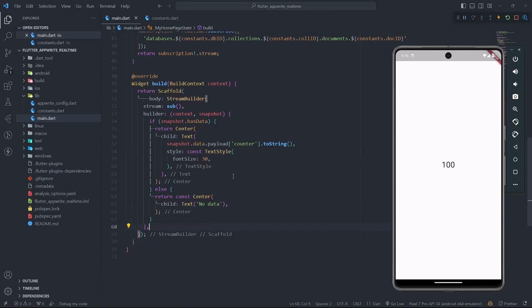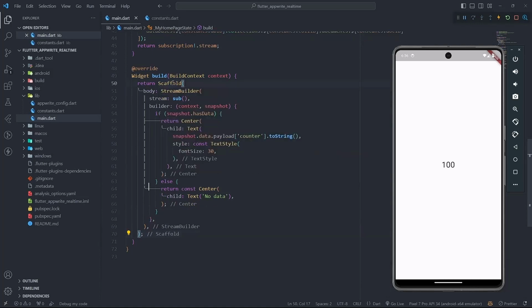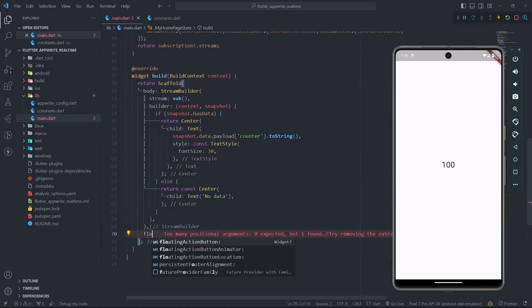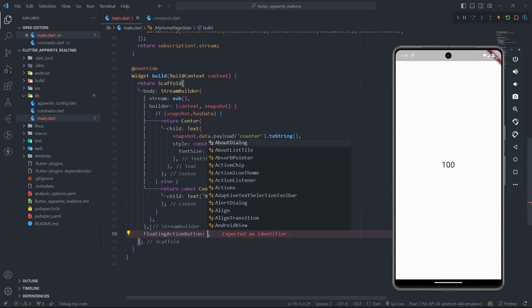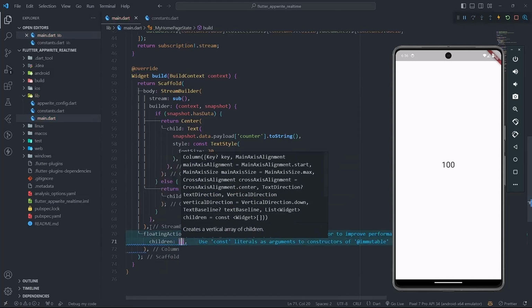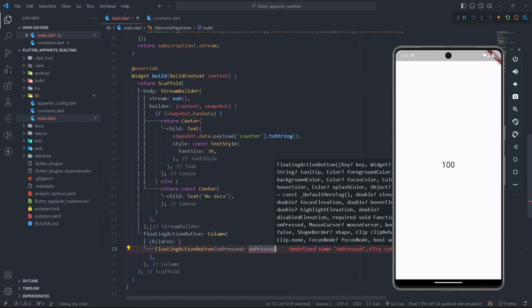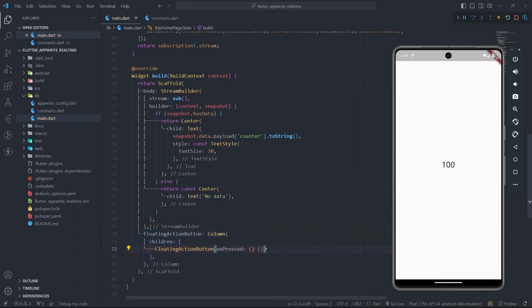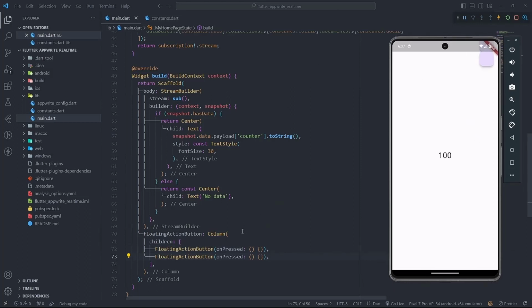Well, this is how it works, right? But instead of updating that data from my database, let's just create a button which would be incrementing this value. So this is my scaffold, and let's just create a floating action button. So my floating action button would be a column, because I need two buttons basically. So my first button is a floating action button, and this is my second button. So I have my two buttons, and let's just fix the alignment. Yep, so you can see I have my two buttons,